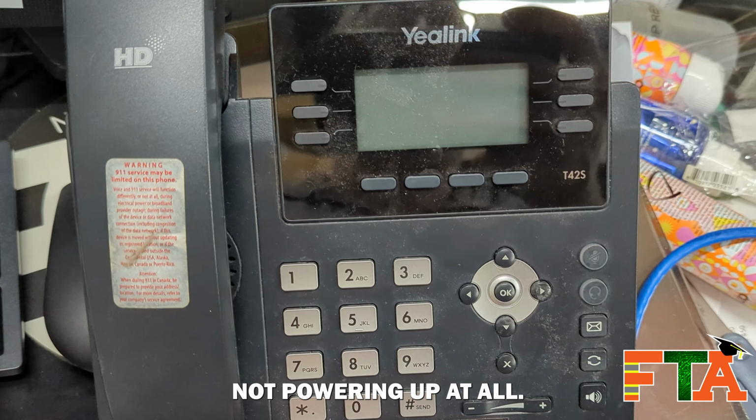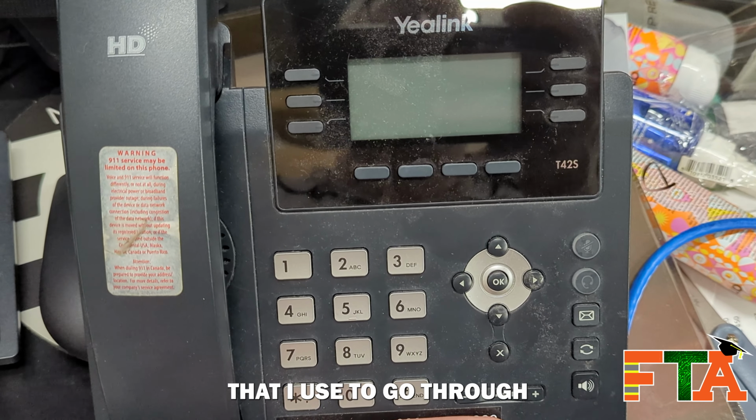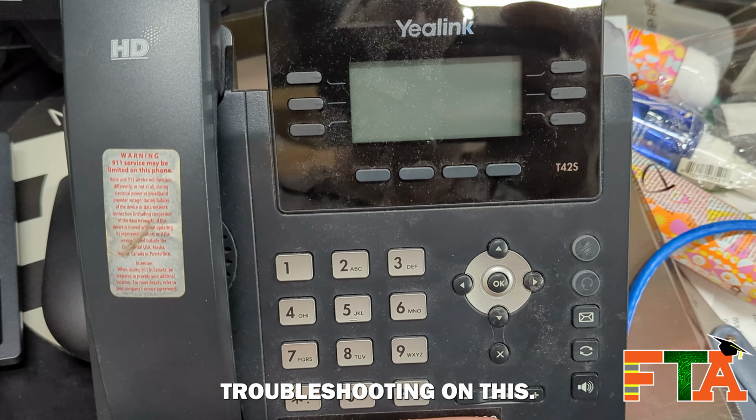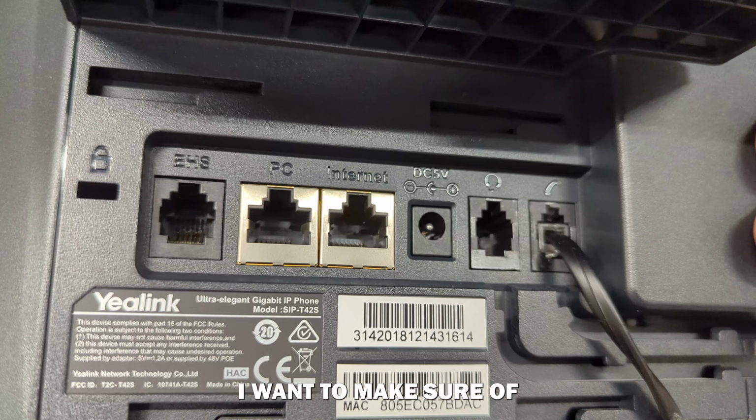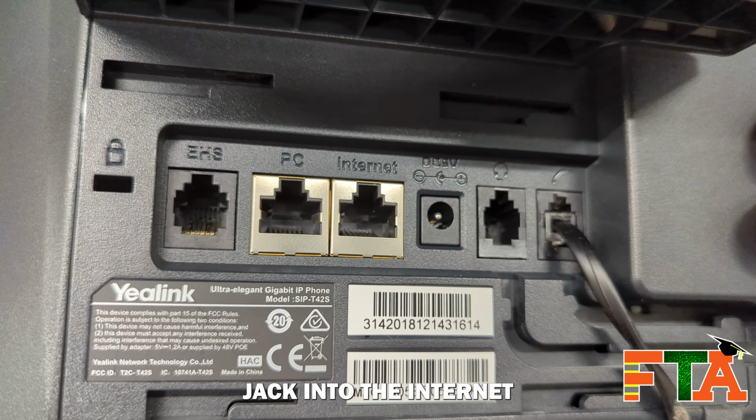We've got a VoIP phone that is not powering up at all, so we're doing some troubleshooting. But I'd show you some of the basic steps that I use to go through troubleshooting on this. First thing you want to make sure of is that you are plugging the wall jack into the internet port